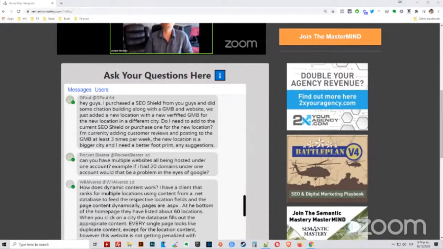Use the RYS expansion, right? So if you go to mgyb.co, go to the store, and you'll see the RYS expansion. That's what you want to use, because for multi-location businesses, there's a couple of different ways to do it. I'm going to tell you how I prefer, and then I would love to hear Marco's commentary about what he thinks. But the way that I do it is the SEO Shield should be,